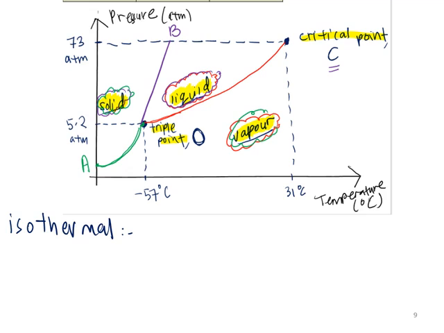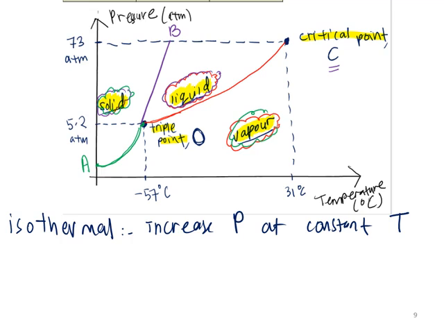What is meant by isothermal? Isothermal maksudnya apa? Cuba tengok nota awak. Ada dalam nota awak iaitu increase in pressure at constant temperature. Di mana kita akan meningkatkan tekanan pada suhu yang ditetapkan. Okey, sebagai contoh, based on this phase diagram of CO2, kalau saya nak increase pressure at constant temperature, kita